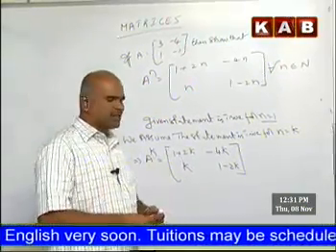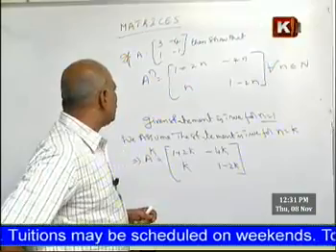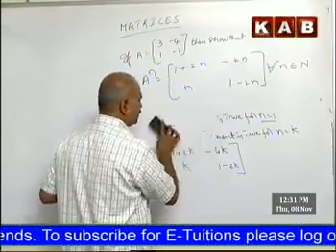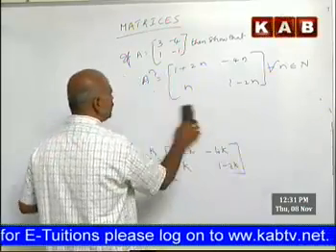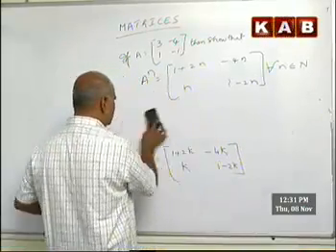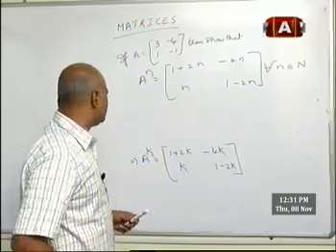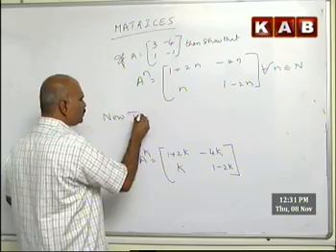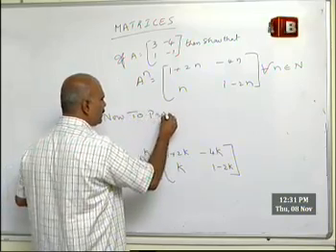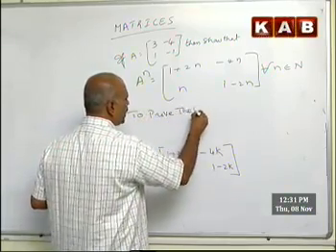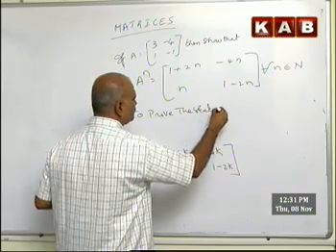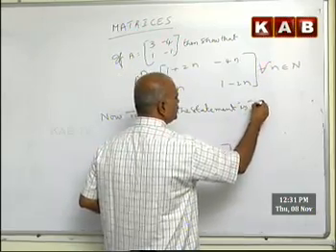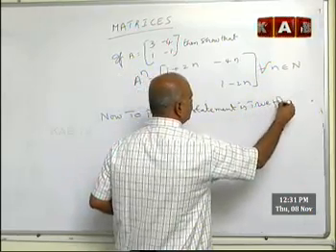The next step is, our aim is to prove it is true for n is equal to k plus 1. Our aim is to prove that the statement is true. Now to prove the statement is true for